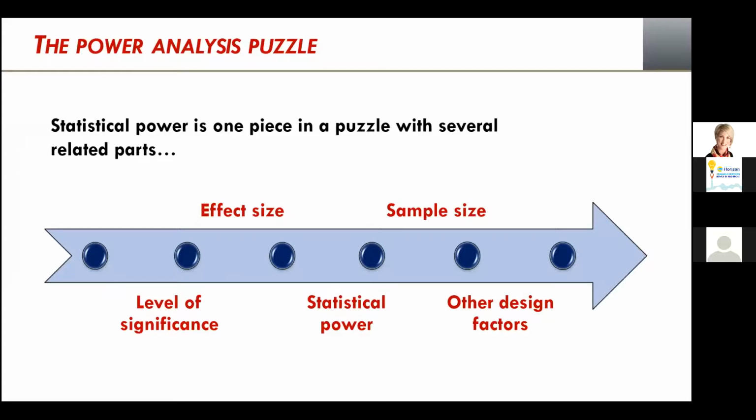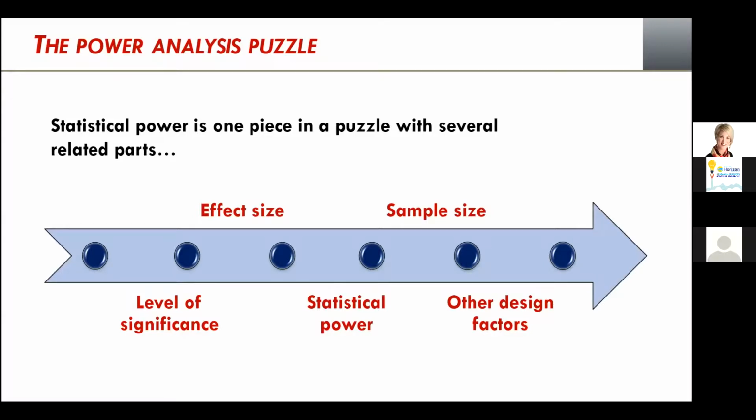So when it comes to the effect size, when you're doing a power analysis, you need to have some idea of the effect size. And this would be, as I mentioned earlier, the quantified magnitude of the effect that's present in the population. And depending on the type of analysis that you're using, there are so many different types of effect sizes. There's Cohen's d, Cohen's f, Pearson's r, Cohen's w, I believe it's called. There are so many different effect sizes. So that's one part of the puzzle that you need to try and determine.